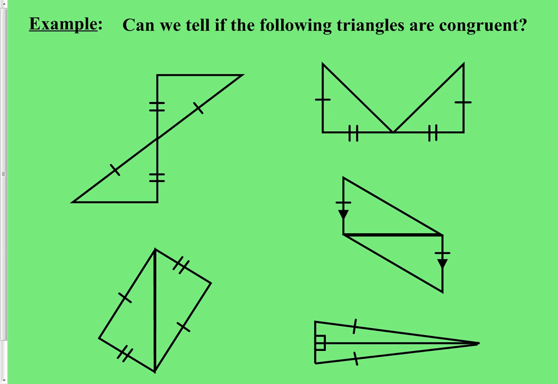Okay, let's start off by looking at the pair of triangles at the top left. Obviously we have two sets of sides congruent. However, neither one of our shortcuts on the triangles will allow us to just have two sides being congruent. We're going to have to know something else. We're going to have to either know the third set of sides in order to get side, side, side to work, or we're going to have to know a set of angles in order to possibly get side angle